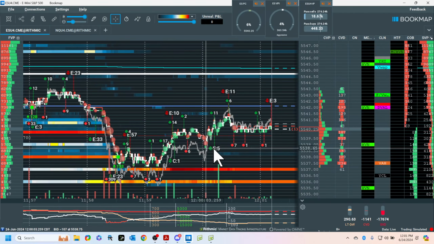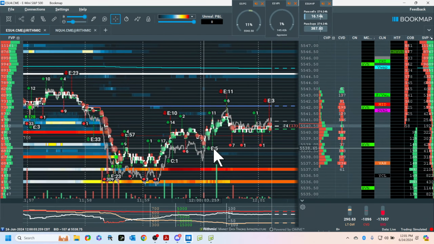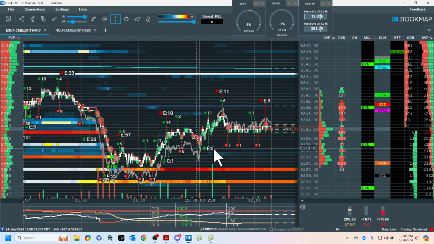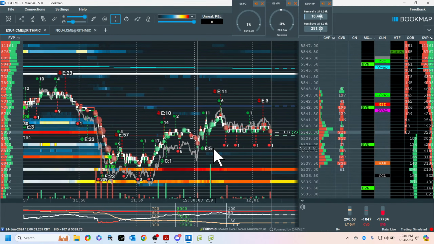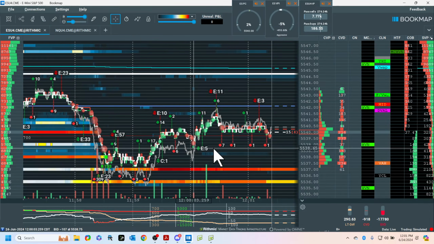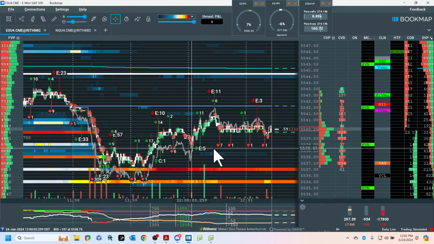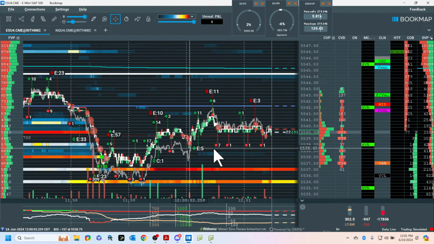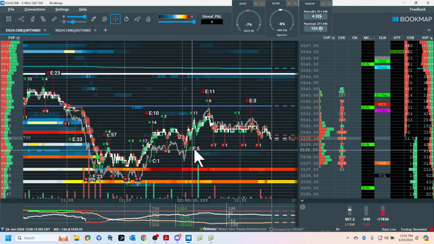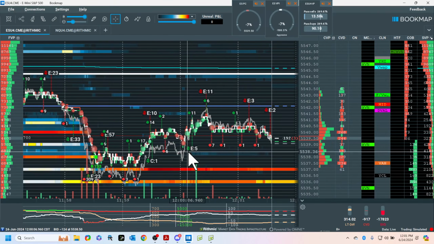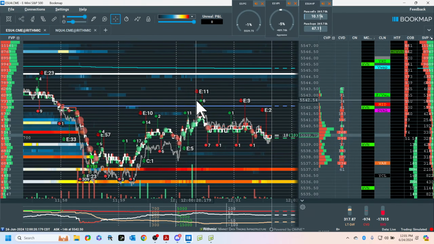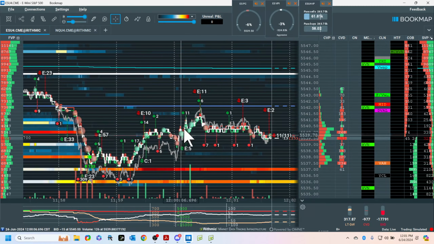So my edge is over a random sample size of interactions with the other participants. They win, I win. Sometimes they win more than I do, and other times I win more than them. The idea is over time, I'm extracting dollars from them more than they extract dollars from me because I have a statistical edge, just like the casinos do. Doesn't mean this trade means anything. It's just shuffle the deck, deal the cards, and over time, if I have an edge, the edge plays out. Is it going to be this time?